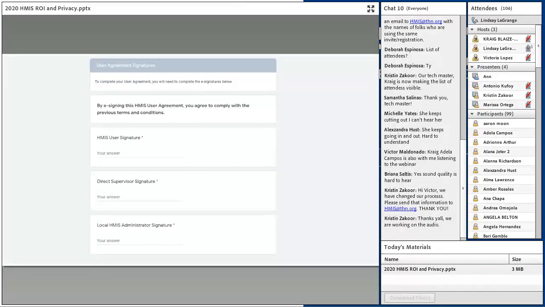I wanted to quickly walk through the very last part of the HMIS user agreement, the signatures section. Since many of us are working remotely these days due to the pandemic, there is a workaround to collecting these digital signatures. Obviously you will sign or type your own name into the HMIS user agreement box. But if you are not in the same physical space as your direct supervisor or your HMIS administrator, you can get verbal consent from these individuals and then just type their name into the box for them. So long as they know that you're doing that, that's totally fine.